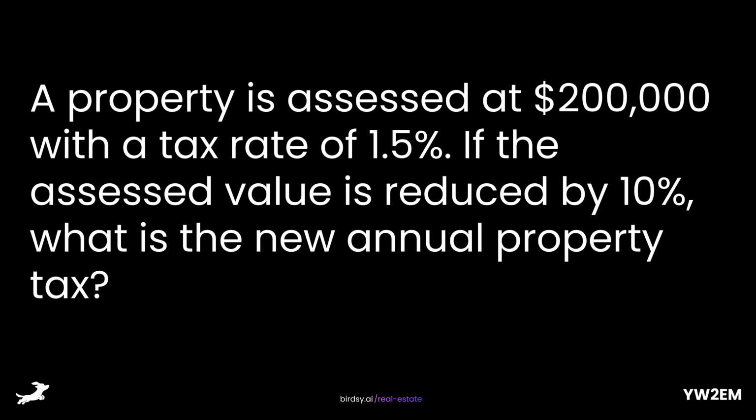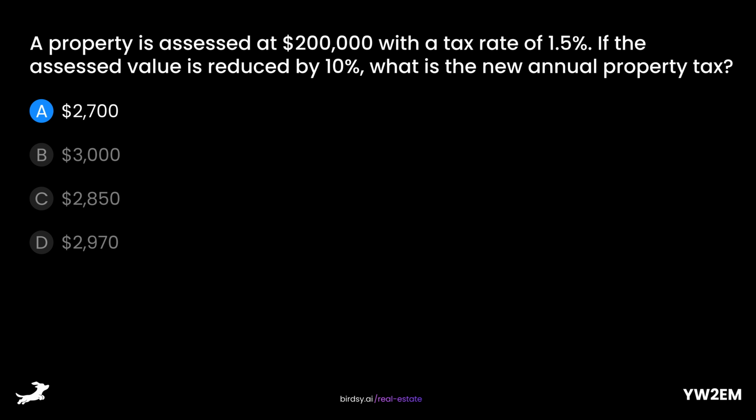A property is assessed at $200,000 with a tax rate of 1.5%. If the assessed value is reduced by 10%, what is the new annual property tax? Is it A, $2,700, B, $3,000, C, $2,850, or D, $2,970? The answer is A,